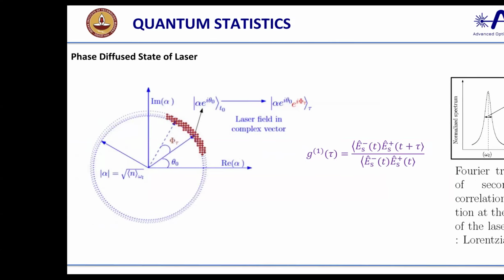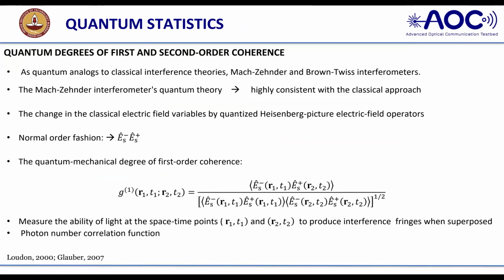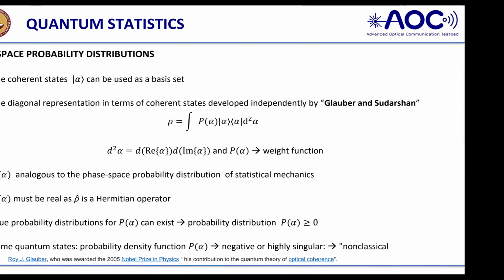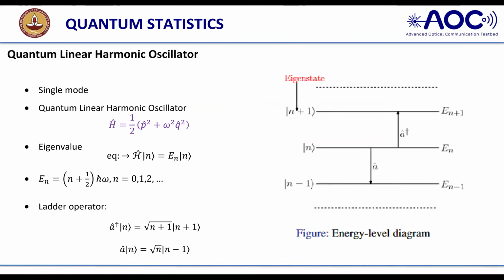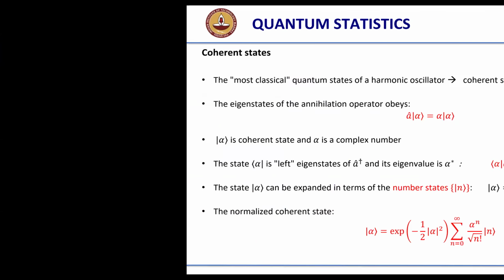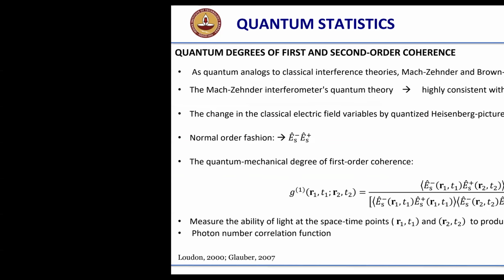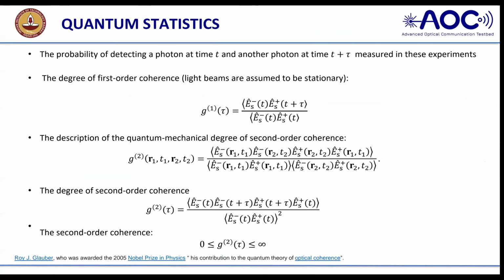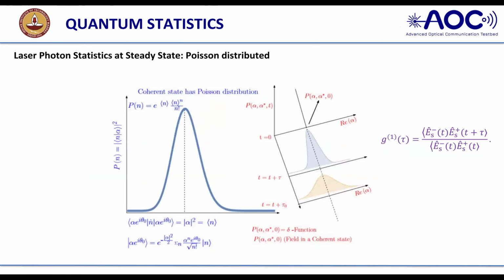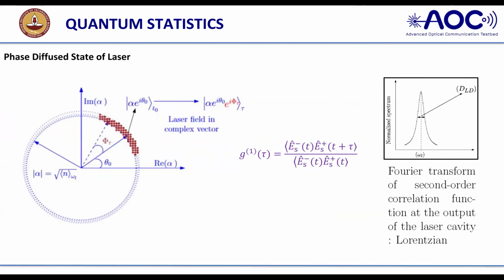And what is the reason? The reason is what I have discussed here. Sorry to go back. The reason is nothing but one half h cross omega. The ideal system is not possible because in nature itself, you will always find that spontaneous emission will be there in the system. So when we talk about any amplifier or laser system, it starts from noise, and noise is explained from the one half h cross omega, the zero point energy, as they say in physics.